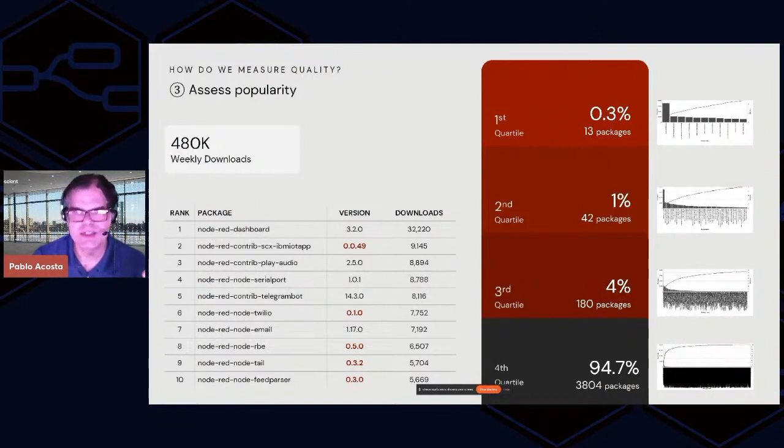Then the next 25% is 42 packages. The next 25% is 180 packages. So 75% of all the downloads are roughly 200 packages. So in a way, increasing the quality of the packages, it's not a 4,000 package problem. It's mostly a 100-package problem, because you can see that the 3,800 packages only account for 25%